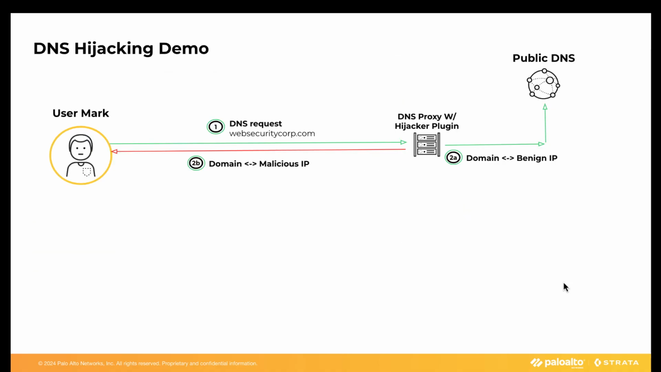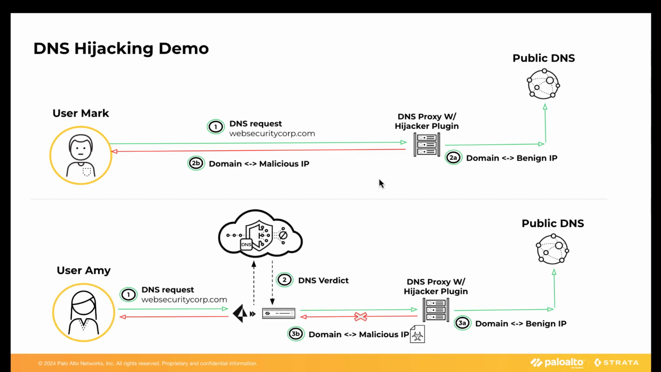So the setup consists of two mobile users, Mark and Amy. Mark represents the user without advanced DNS security and is not behind Palo Alto Networks' next-gen firewall. Amy, on the other hand, is the protected user behind our firewall with advanced DNS security subscription launched as part of PanOS Quasar release. For the demo, we have registered a domain called websecuritycorp.com and set up an authoritative name server for it. Now let's say an attacker has either compromised the registrar account or is using man-in-the-middle to